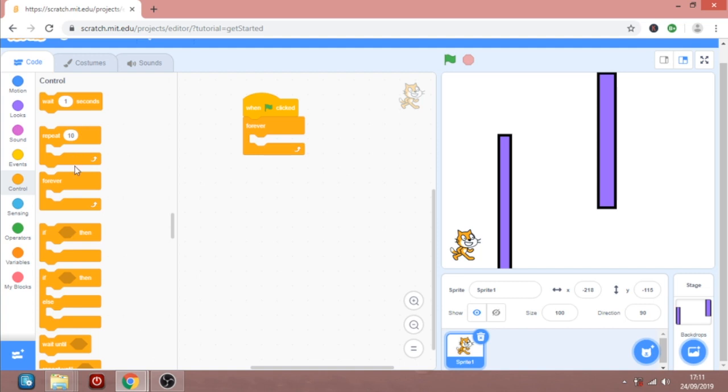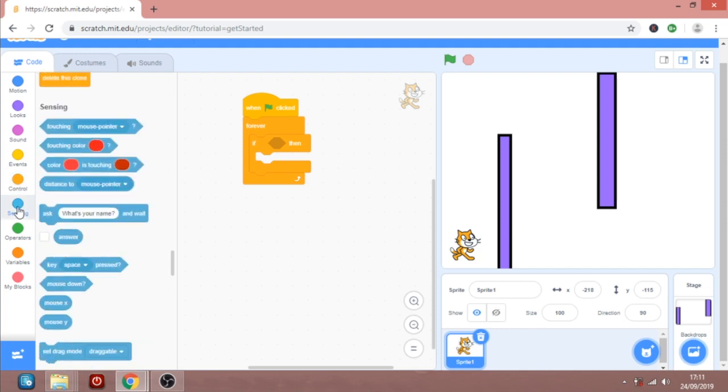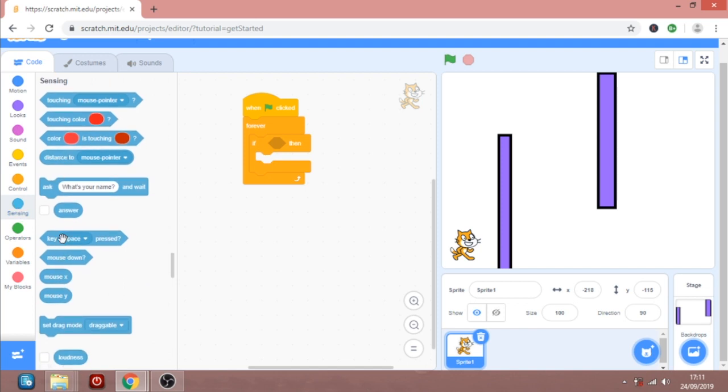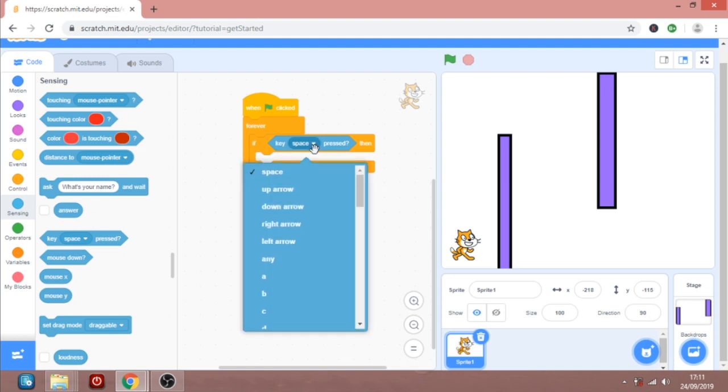So if I click on the up arrow, it should be able to go up. If you know what if is, so if I do something, it's waiting for me, so I need to go to sensing. This is where the sensors are. And if I click on key space, the up,